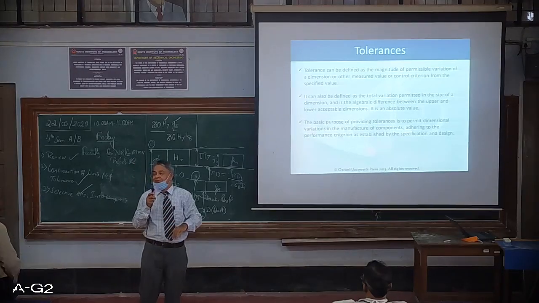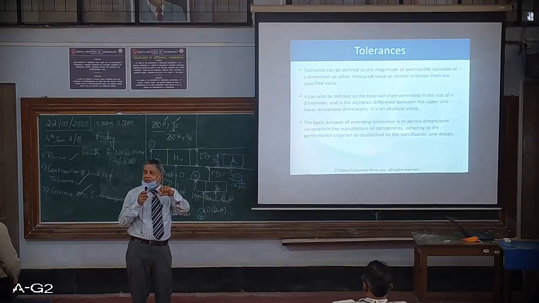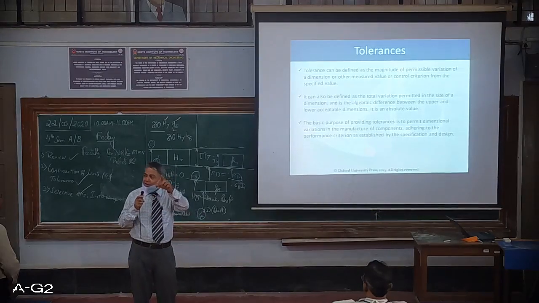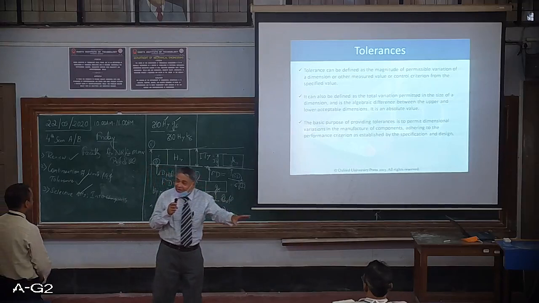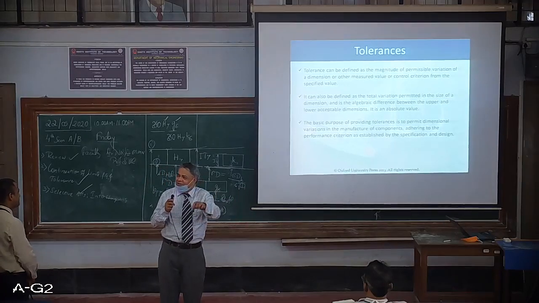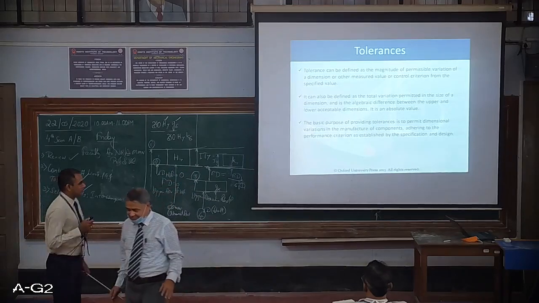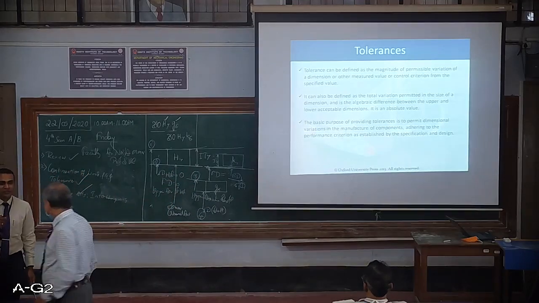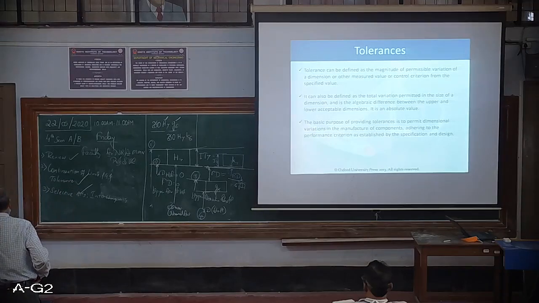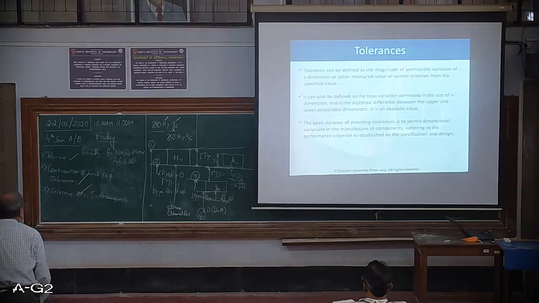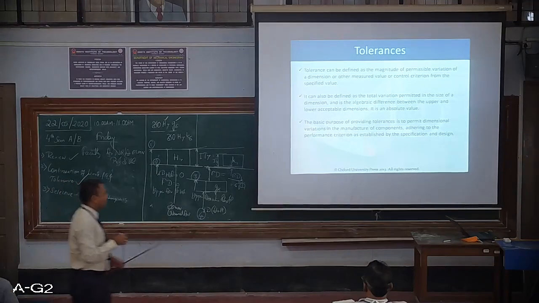This is called selective assembly, so the concept of selective assembly gives you the wider tolerance. At the same time, when you actually assemble, it results in minimum allowance. So the quality of the product goes on increasing. I mean, it's consistent. So with this,